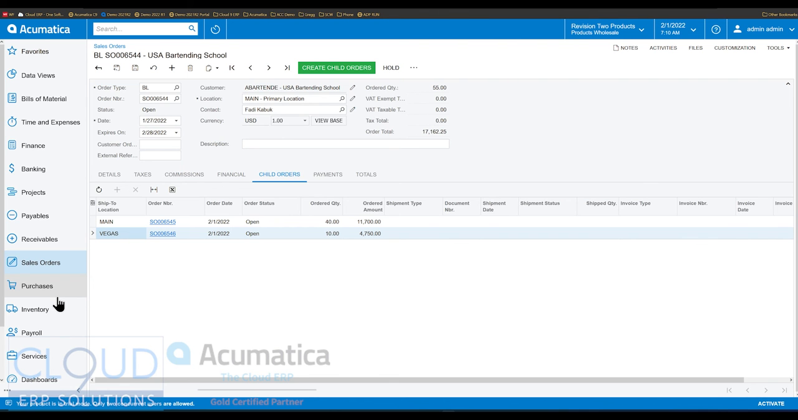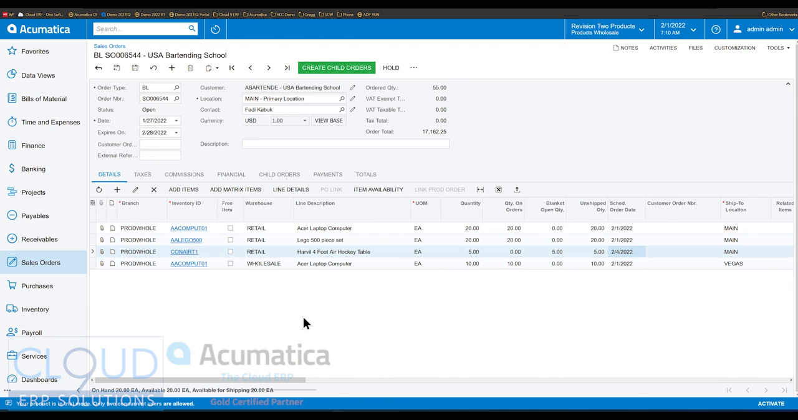The other thing I want to go over is if we go back to our details tab, we have this one line left over. It's got quantity 5 on it. And we talked about adding another line for the Acer laptop to control the date. In the end, I left the date the same, but I gave it a different ship to location. It was a good example to show you how we can differentiate and how the system will create different child